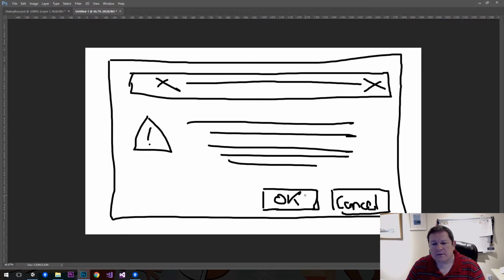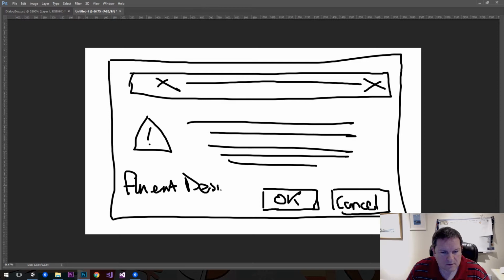Now, there's a couple of ways we can do this. What we can do is actually maybe we could do it that way. Maybe we could use fluent design. Maybe that would be kind of cool, because then we could add our OK and cancel buttons, and then we could pass in an action for that, and then we can have as many buttons as we want, and we don't really care, and we can set the text and all that kind of stuff. Let's do that. That's a much better idea. I like that. Okay, now that involves a little bit of design and sort of thinking about it, but basically